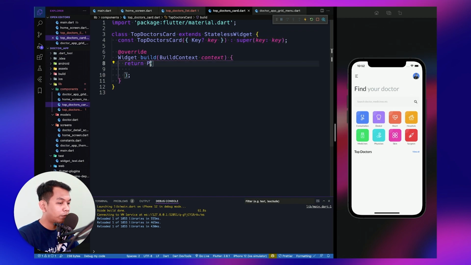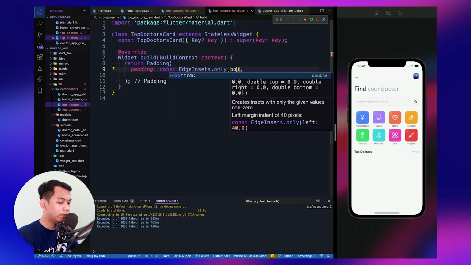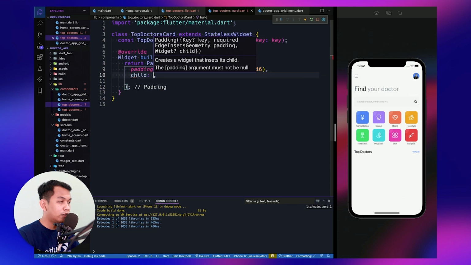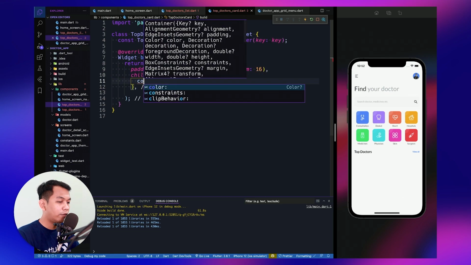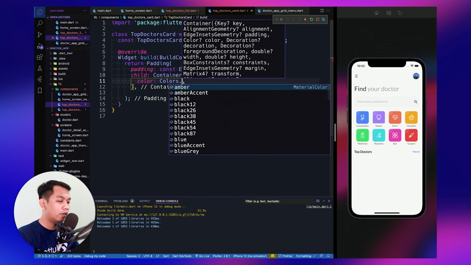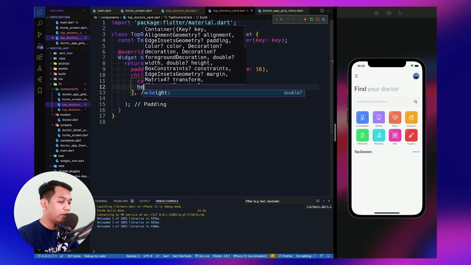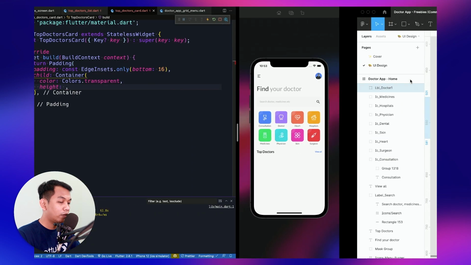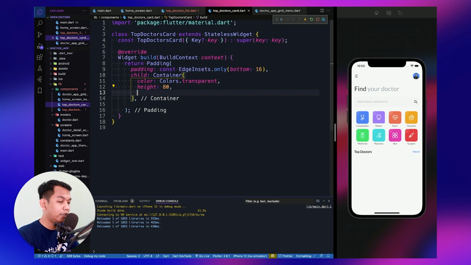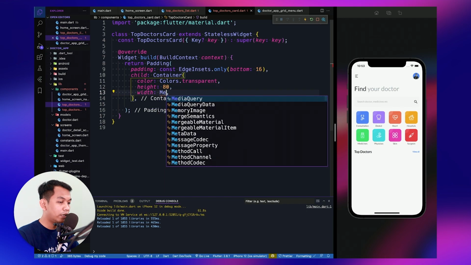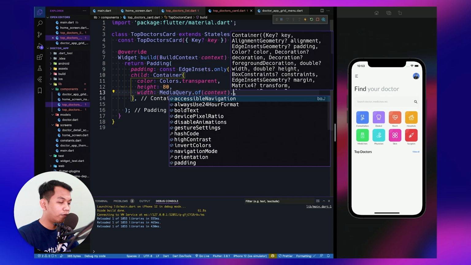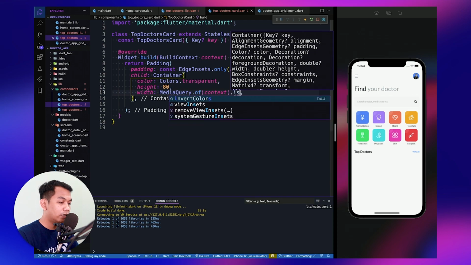What we need to return is padding, and for the padding, we say only bottom 16. And for the child, we use container, and for the color, we say colors.transparent. And for the height, we set it to 80. From the design, it says 80. For the width, what we need to say is media query of context size.width minus 32.